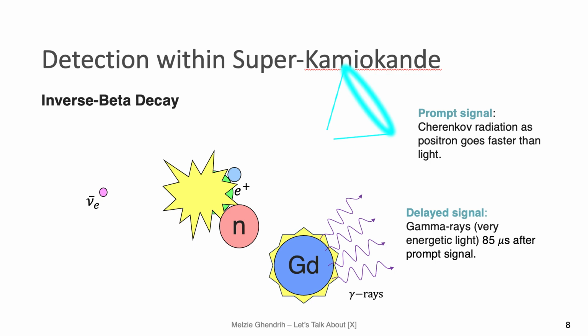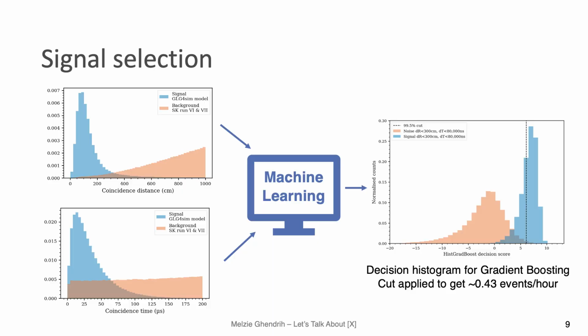And you also get a second particle, which is a neutron, and a neutron will be absorbed by the gadolinium, which is now in the detector. And the gadolinium will excite, and as it de-excites, it will emit a cascade of very energetic gamma rays about 85 microseconds after the light from the positron. And from this combination of the two signals, you get a very characteristic distribution in inverse beta decay signals. So you can see it here for the distance between the two signals and the time you expect from the